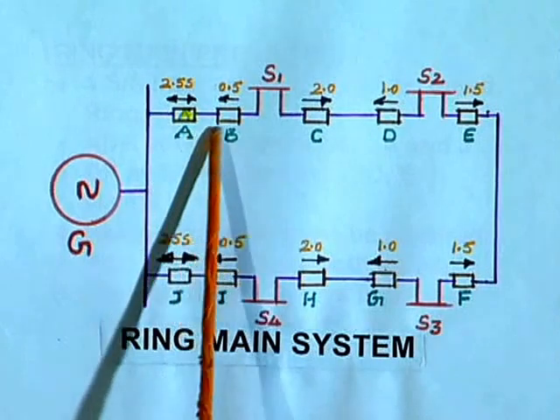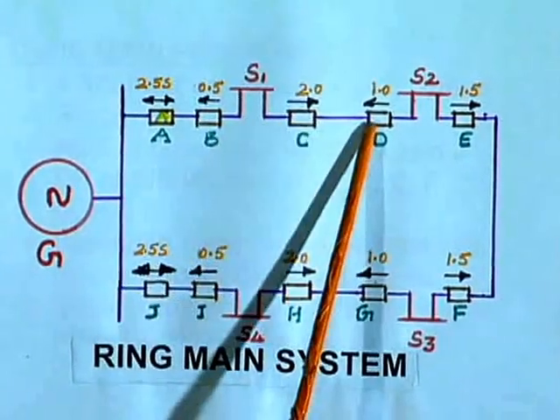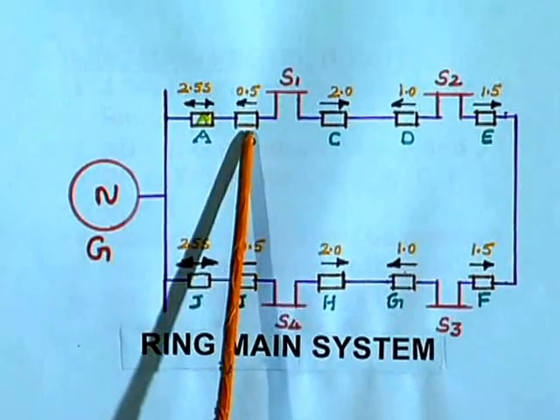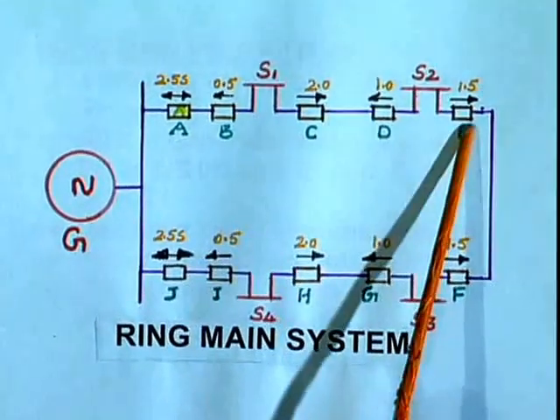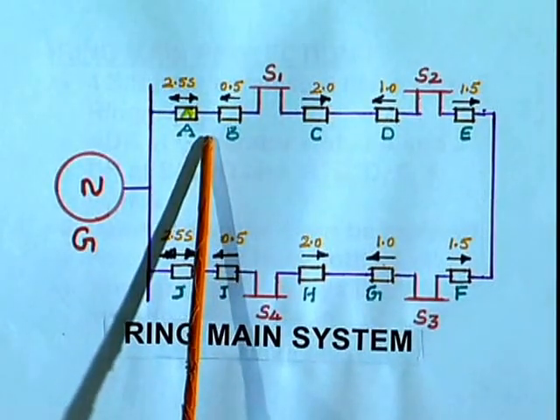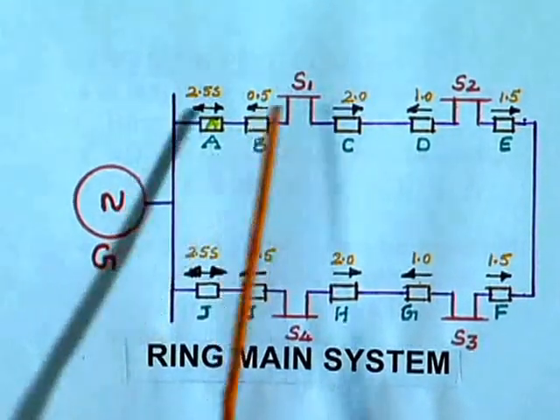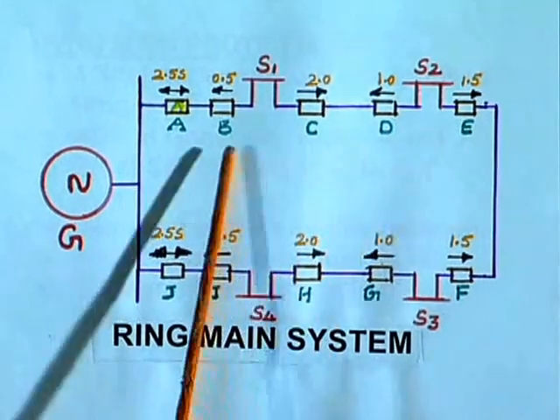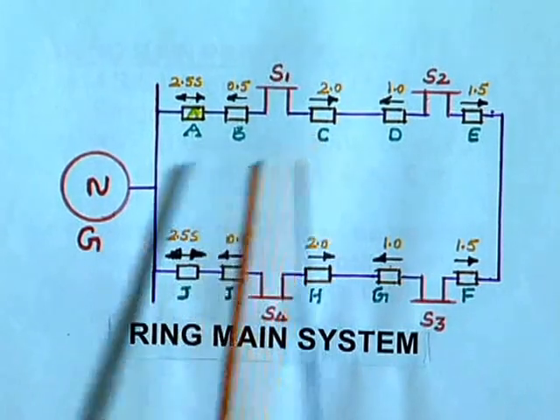Now, these are directional relays, and if the fault current flows in this direction, then B and D have to operate. If the fault current is coming in this direction, then E and C should operate, then A should operate. But if the current is flowing in this direction, B will operate but C cannot operate, because the arrow shows the normal direction. So whenever the reverse power flows, only the concerned relay has to operate.